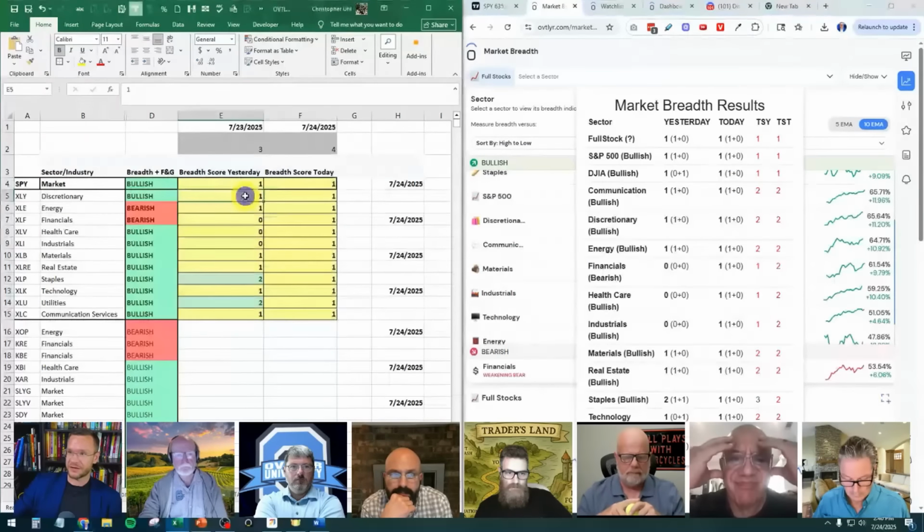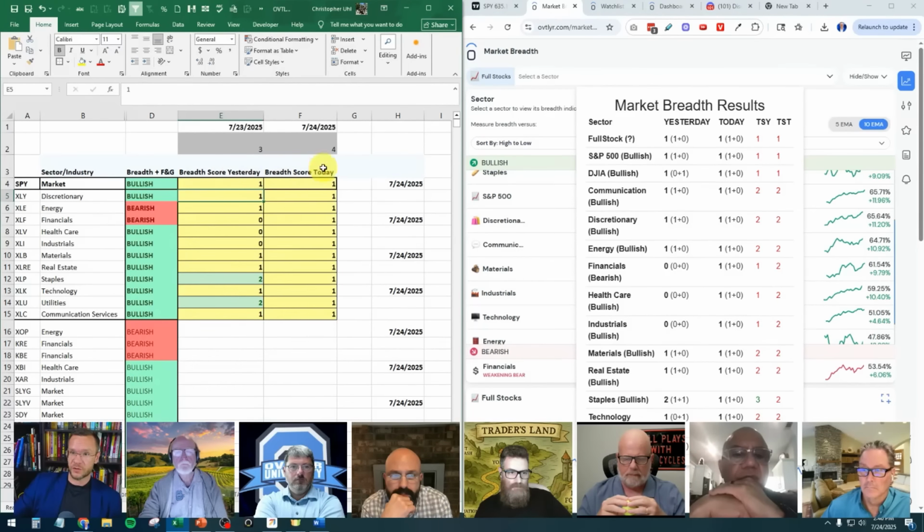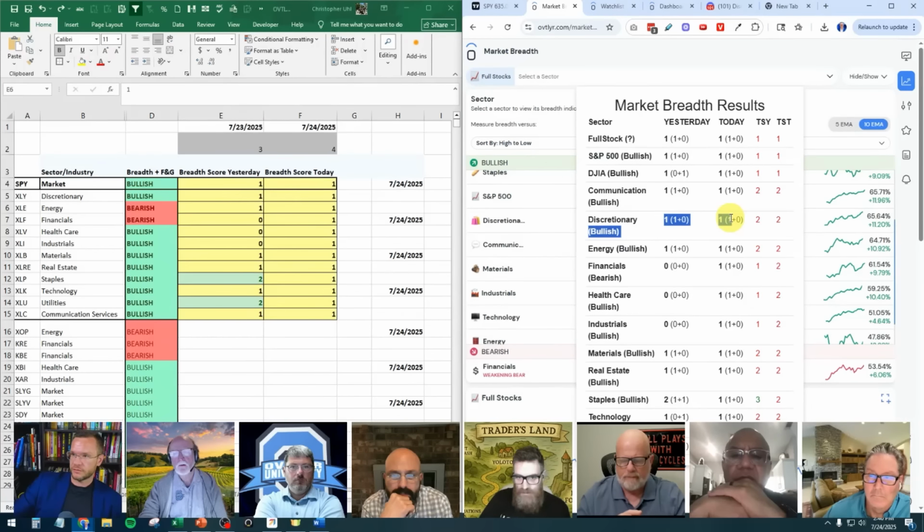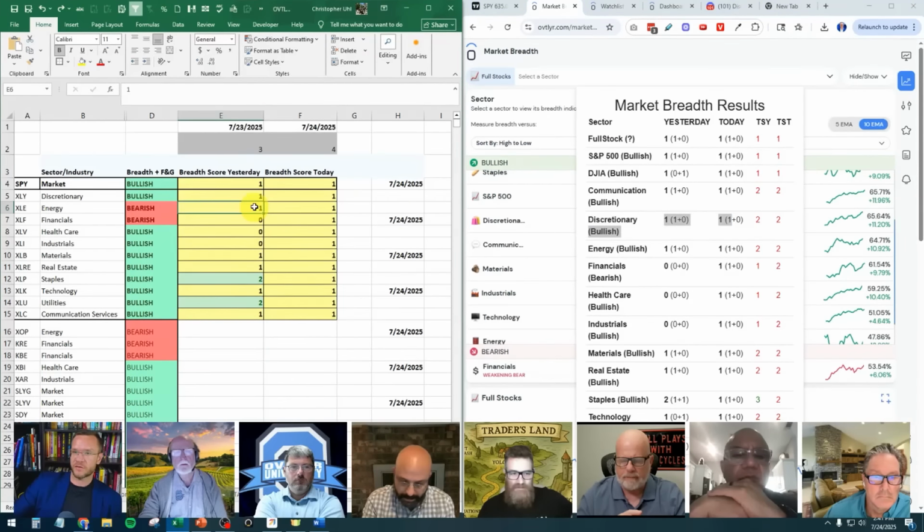You can just go through and say, okay, discretionary. Now, I built this before this was built, so that's why they're not in line. But you could say discretionary, 1 score from yesterday, 1 score for today, just like that. If it's 2 or greater, it'll conditionally highlight 2 or greater. Makes life easier. Discretionary was 2 and 2. What's that? Discretionary was 2 and 2, not 1 and 1. Are we sure about that? Discretionary, 1 and 1. Oh, it's like yesterday. Sorry, I see, the total score is what I'm looking at. Yeah, and it's not total score. It's just the score for that one.